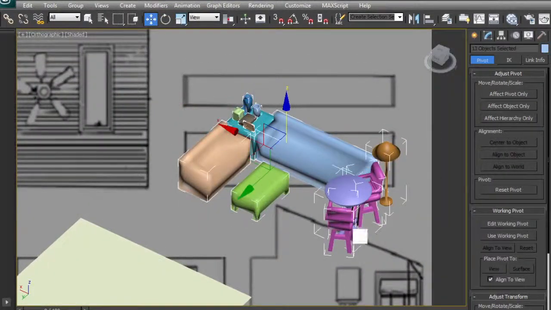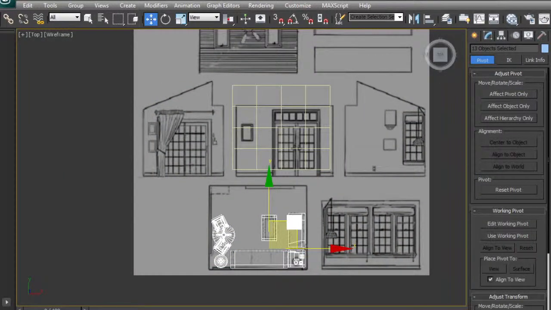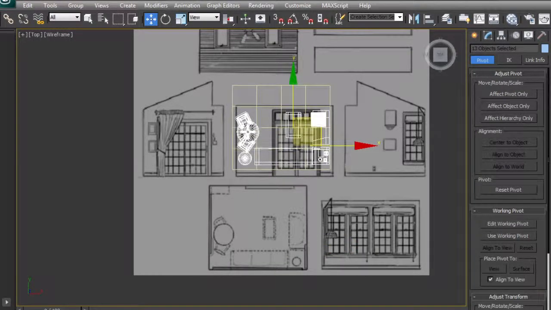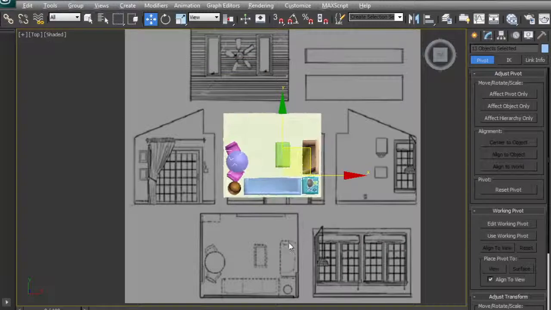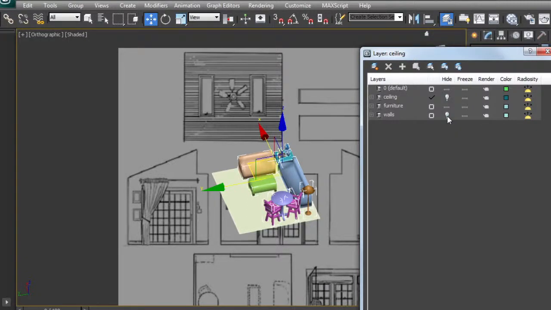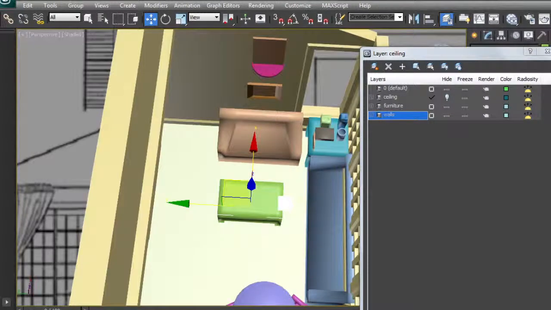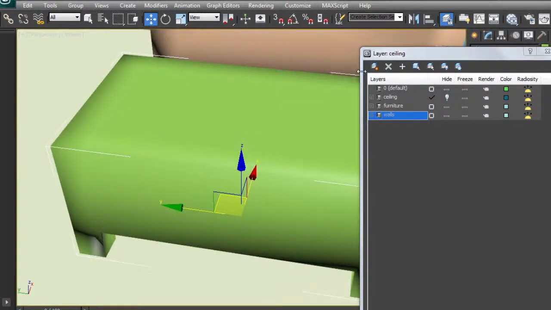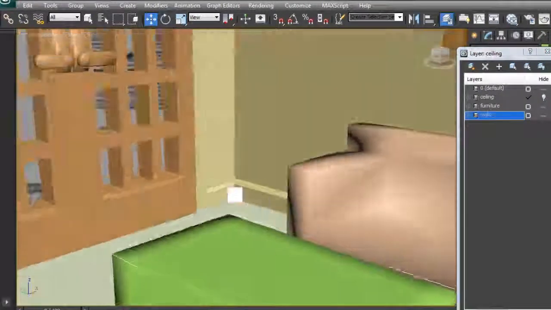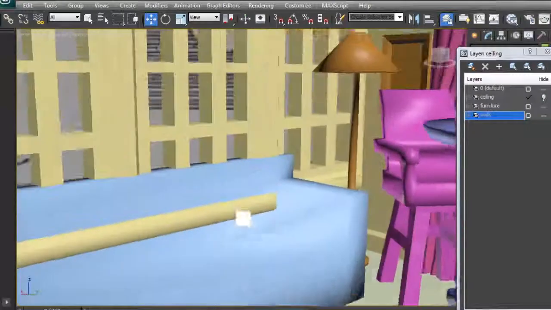Okay, so all of these pieces can now be moved into the room. Very good. Now we can unhide the walls, select a central object, hit P for perspective, Z to zoom in, and we can use this central object as a pivot point for looking around the room. I have to zoom in a bit so I'm not